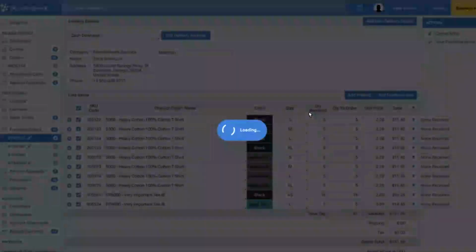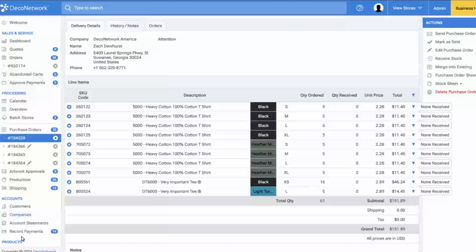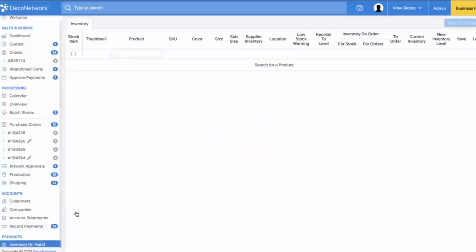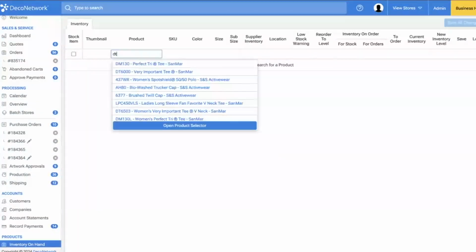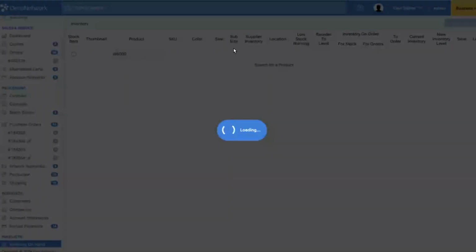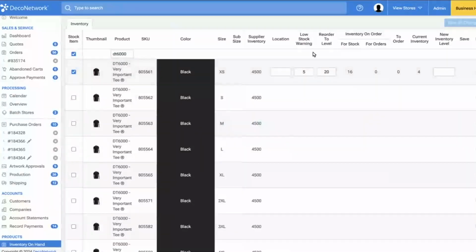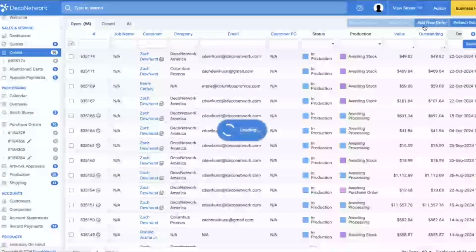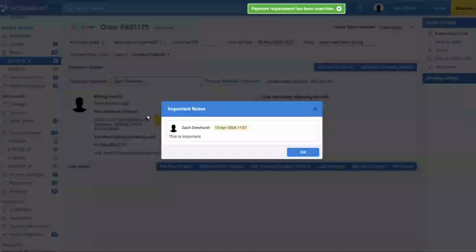So we'll save that. And that will not update the inventory on hand, at least correct me if I'm wrong, Chris, until we've actually received those items. So it's on order. So here's a cool thing. This is where Deco kicks some butt with the inventory management, because I can create a new order